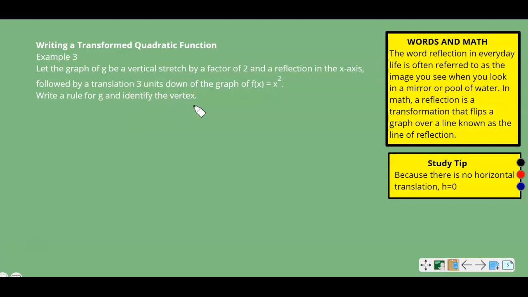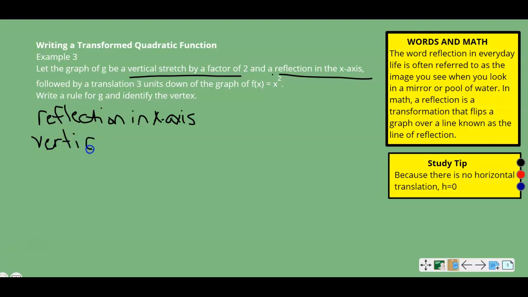All right, so we know if it says there is a vertical stretch by a factor of 2 and a reflection across the x-axis, we can start with that. So we're going to have a reflection and we're going to have a vertical stretch. All right, so both of those affect the value of a. The reflection makes a negative, and this one says a vertical stretch by a factor of 2. So we know that a is going to be negative 2. So we can say a